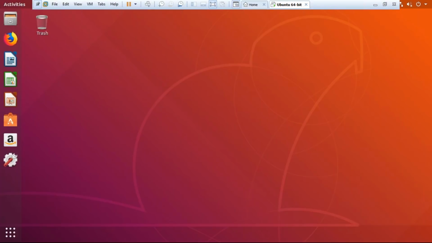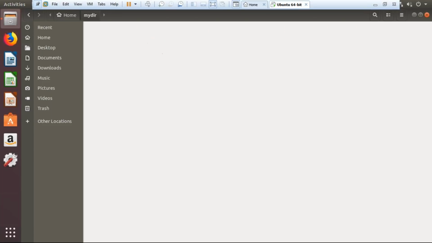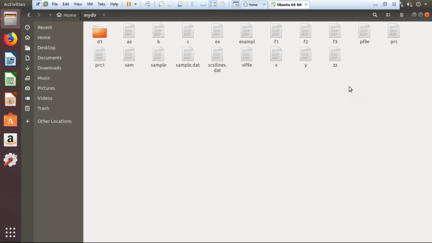Sir, I want to see the files. See here. Open, select it. It will open the files folder. You can explore your files. You can see the file names. See, this was created by me. Double click. These are the files.